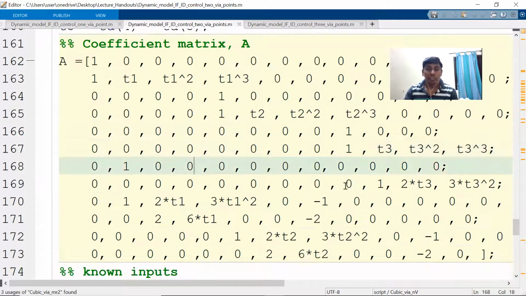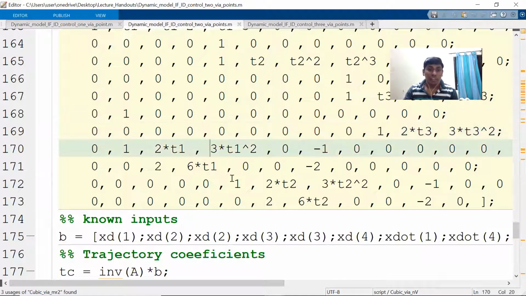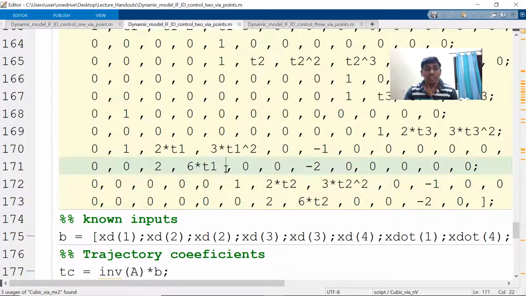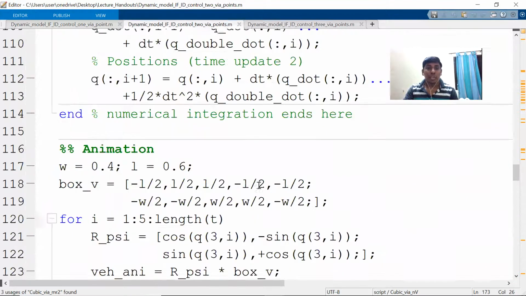And this is the initial velocity and final velocity of the whole trajectory. And this is the velocity information of the first and second. And this is second and third. This is the acceleration information of first and second. And this is second and third, right? So you can see the same thing, even if you have n wire points, you can add it as a block. So I will show you in the next simulation how that can be done.